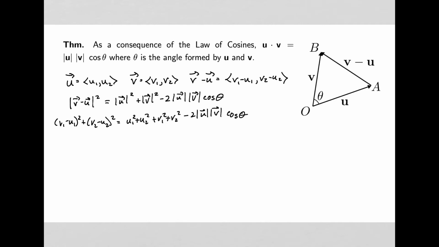All right? If you go ahead and expand out everything on this left-hand side, you'll have v1 squared minus 2 u1 v1 plus u1 squared plus v2 squared minus 2 u2 v2 plus u2 squared, and we know that's equal to this stuff up here. But if you'll notice, both sides of that equation have a v2 squared on it, and both sides of the equation have a u2 squared on it, and both sides of the equation have a u1 squared and a v1 squared, meaning that we have minus 2 times u1 v1